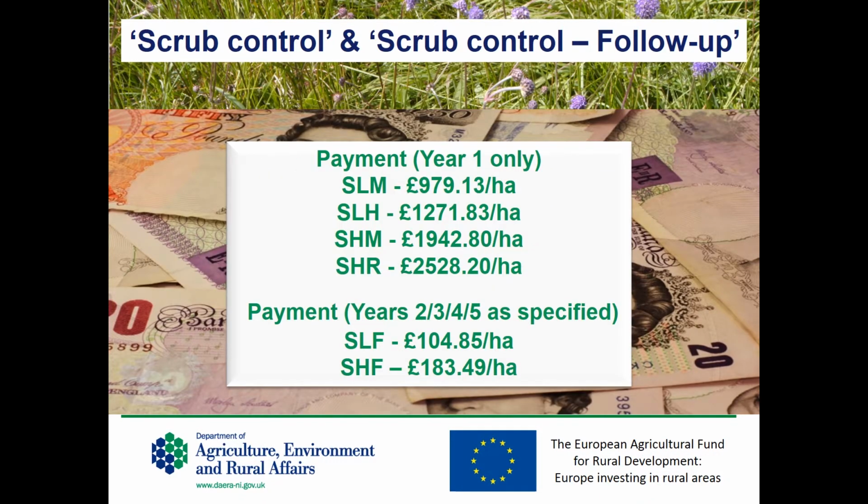The payment rates are given here, and for light scrub machine cut it will be £979.13 per hectare. For light scrub manual cut it will be £1,271.83 per hectare. For heavy scrub machine cut it will be £1,942.80 per hectare, and for heavy scrub manual cut it will be